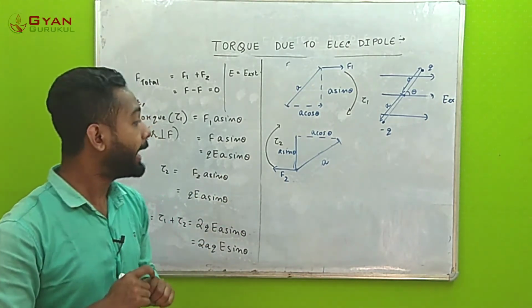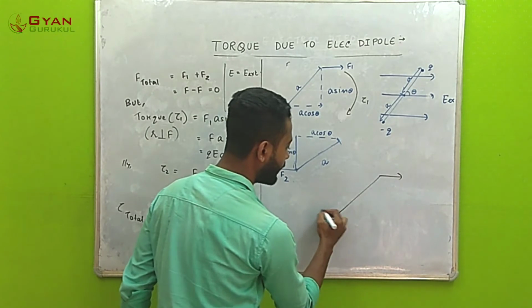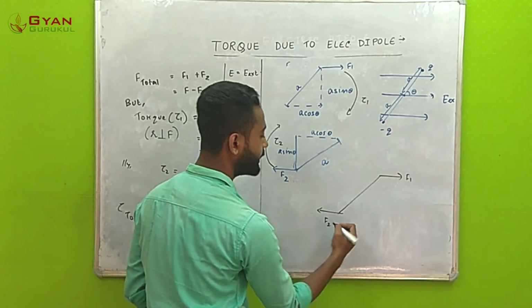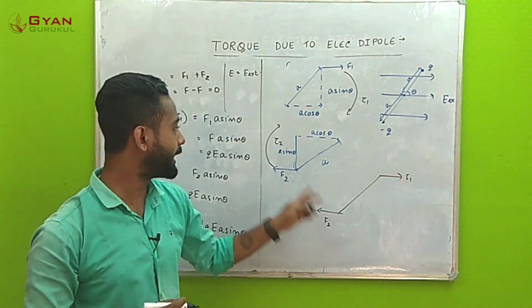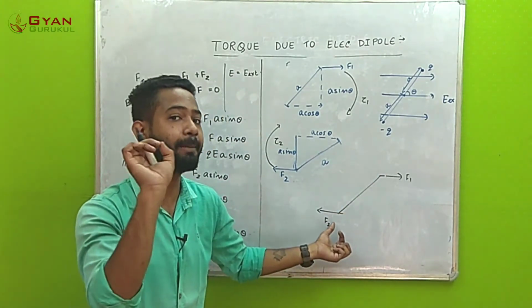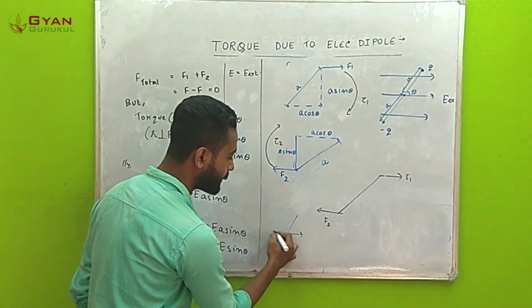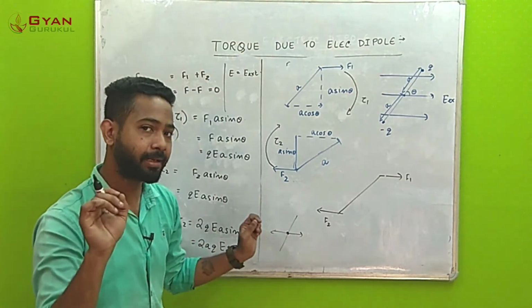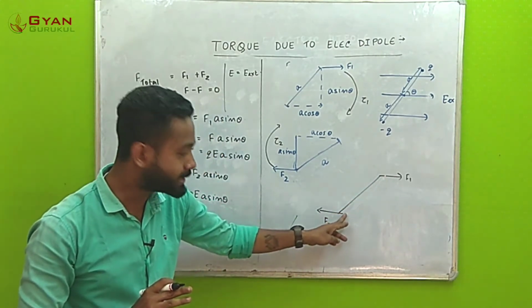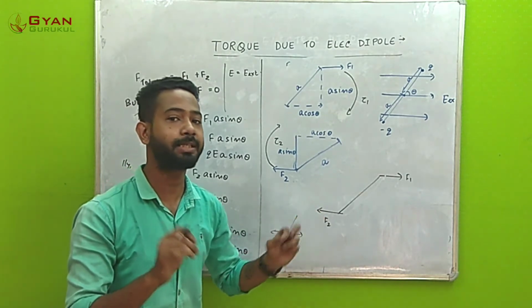Now how can we say that? This is a very peculiar case. The total force is 0 because the forces are exactly equal in magnitude but in opposite directions. If this is F1 and this is F2, they cancel each other out. Now, had these forces been acting on the same point of contact, that is, if both equal forces had been acting on the same point of the dipole, then the applied torque would also have been 0. But since the line of force is the same, but the points of application of the forces are not the same, the total torque acting on this system can never be 0.